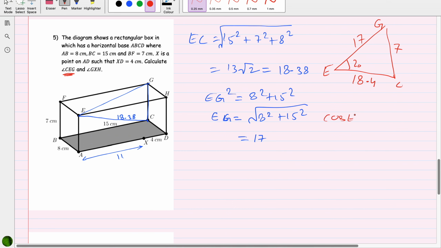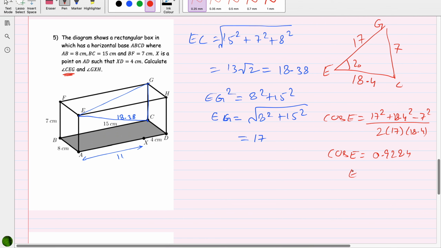So cos of E is, you start with these two, 17 square plus 18.4 square minus 7 square divided by 2 times 17 times 18.4. So cos of E is, use your machines and check the answer with me, 17 square plus 18.4 squared minus 7 square over 2 times 17 times 18.4, which is